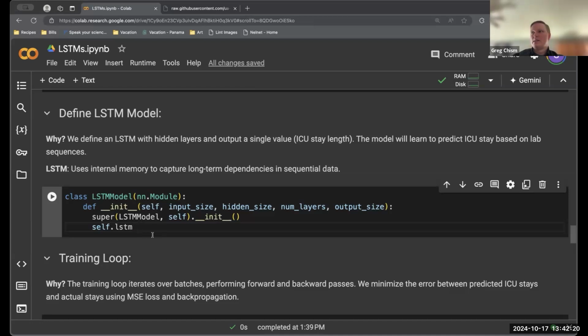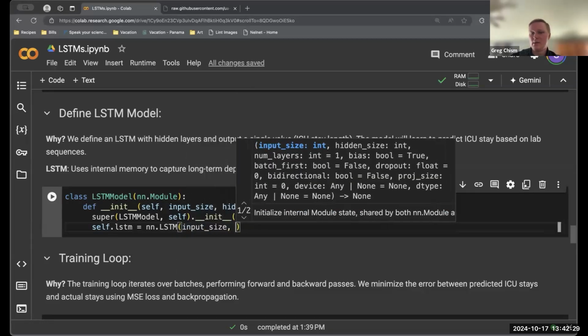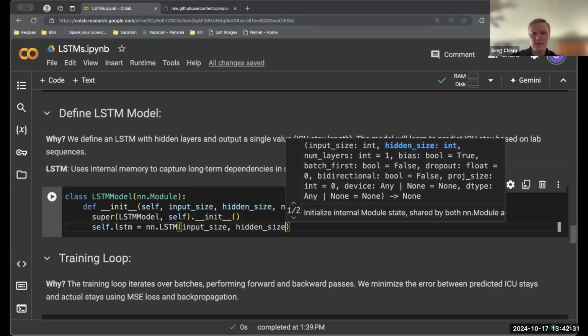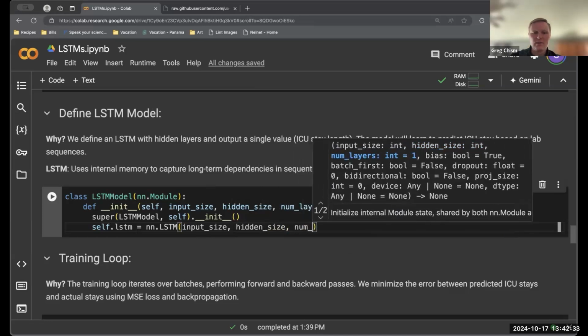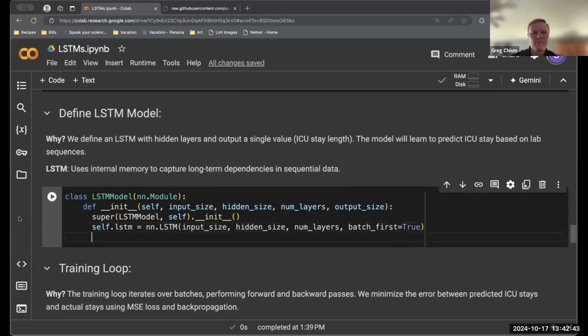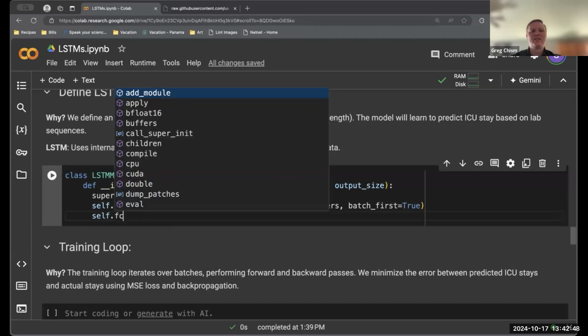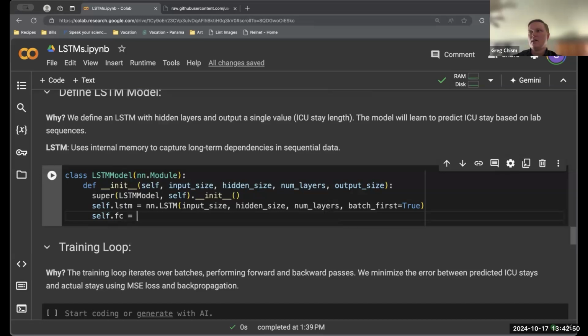We're going to say self.lstm equals nn.LSTM, input size, comma, hidden size, comma, number of layers, comma, batch_first equals true, meaning that we want the batches that we've created to exist. Okay, we're going to say self.fc,